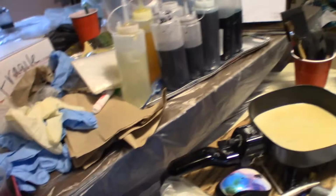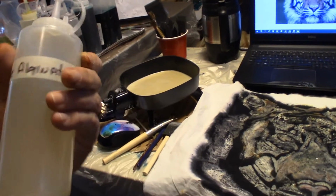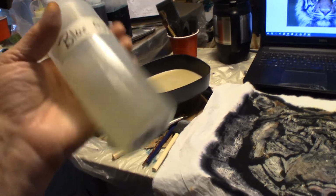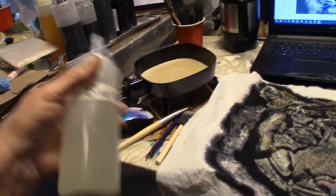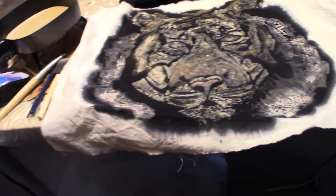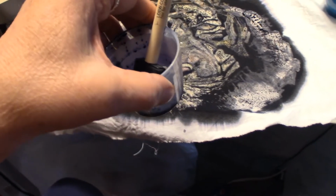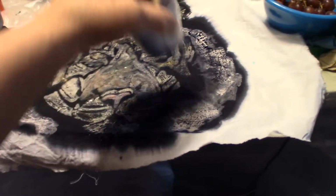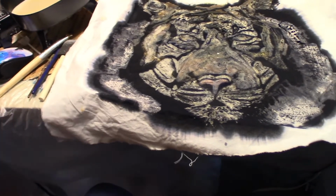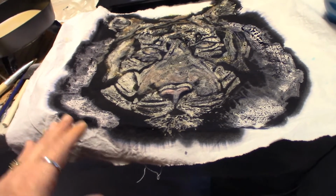I've got my dye bottles here. I even made up some sodium alginate, which makes the dye very thick, and that way it helps keep it from running too much. Now for my final black, I just put some of that into this cup and used a sponge brush and brushed it all over. What I'm going to do now is put this outside in the warmth